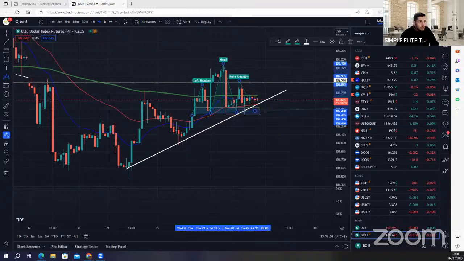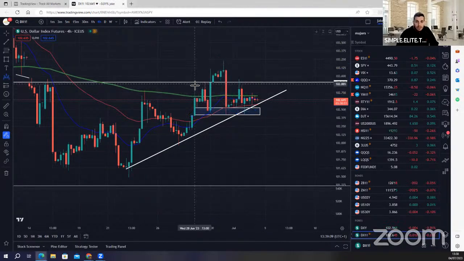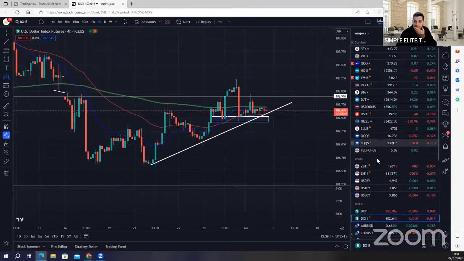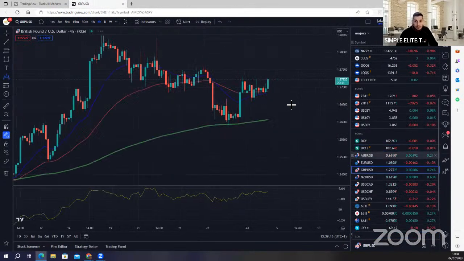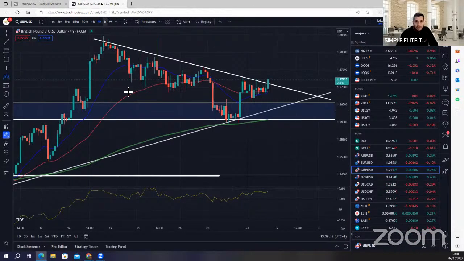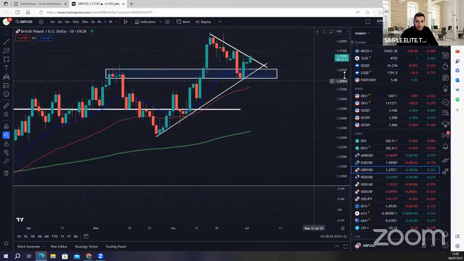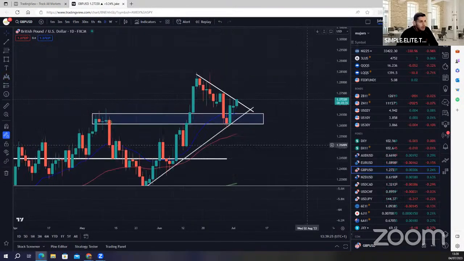So that's why I'm watching pound dollar to be on the long side, because it's the best chart, I think, to be on the long side. So let's analyze pound dollar straight away. So daily time frame, we are seeing a nice uptrend, and you can see here 1, 2 cycle. So I want to see price breaking this trend line.